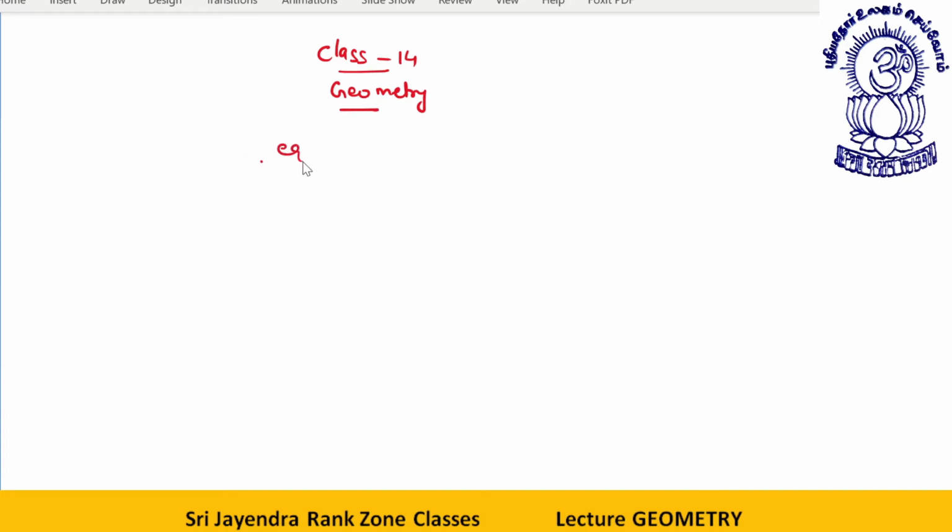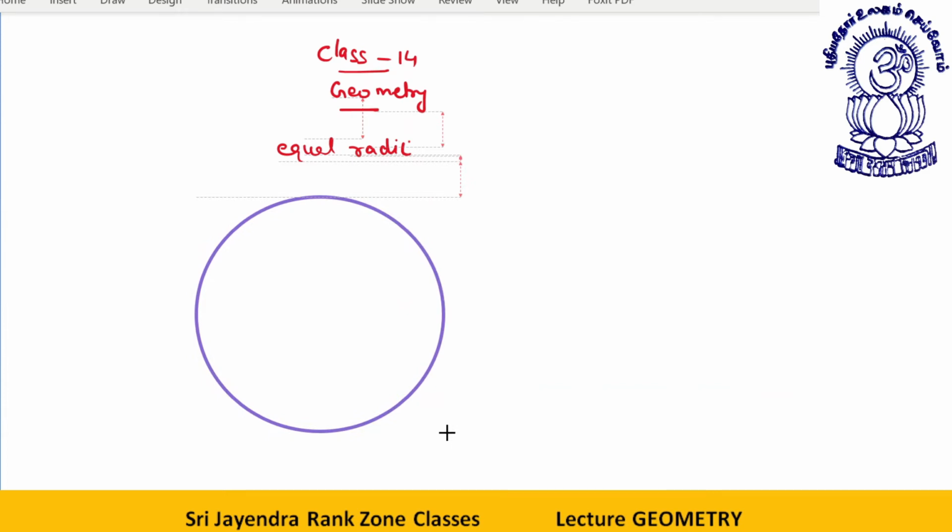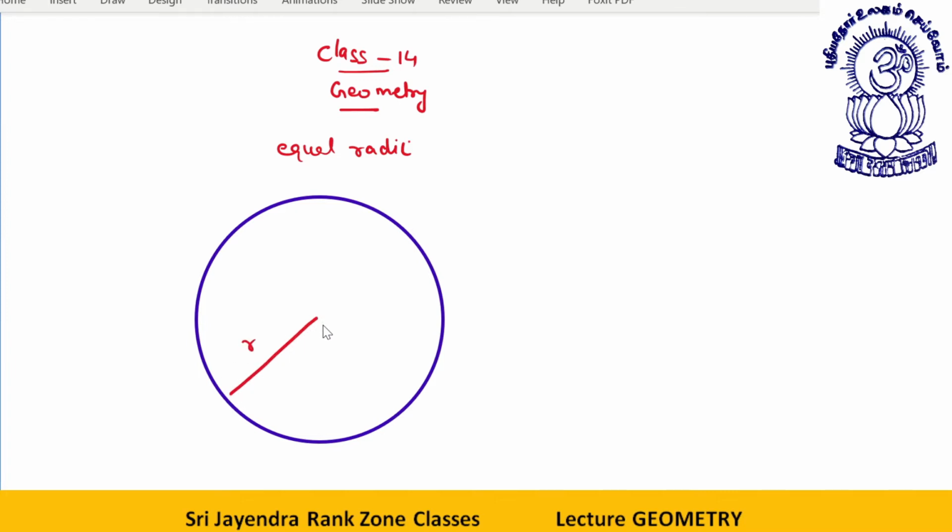Here we will be using the concept of equal radii. Obviously, radii are equal. What happens is, suppose I take this circle. Many a time it happens that we are given a diagram in which we are somehow asked to find a relation between the angles or something. Here we have two radii. So always it will happen: if this angle is theta, then this angle will also be theta. This is the concept which we will be predominantly using in this class.